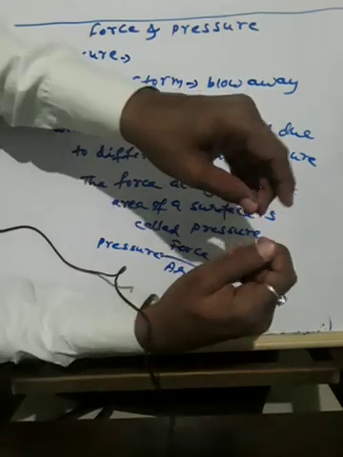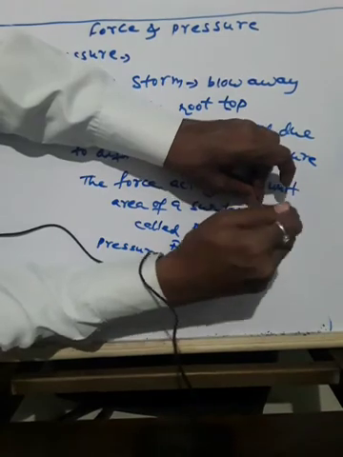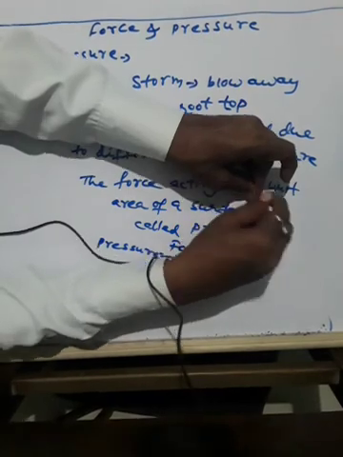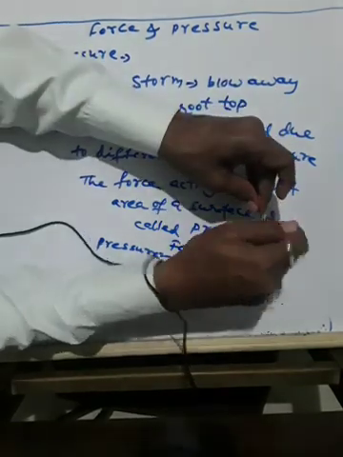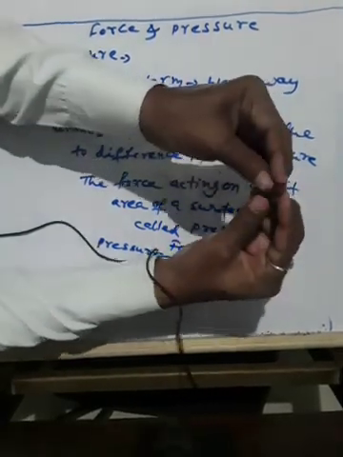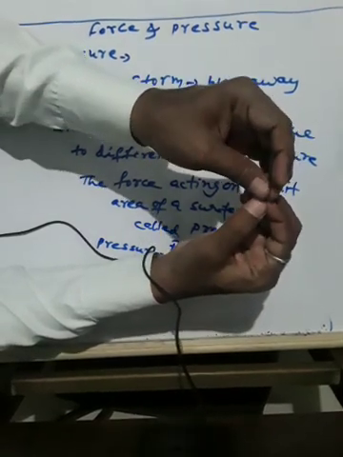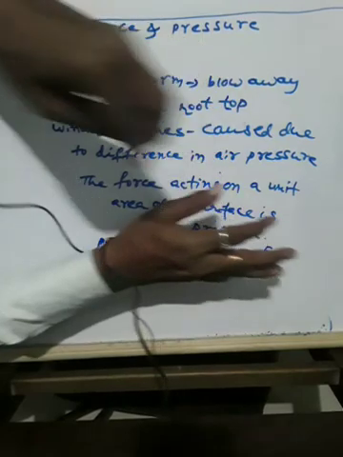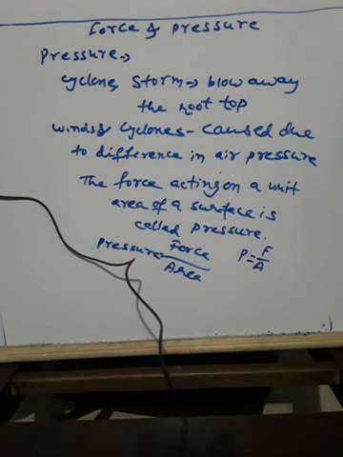Suppose you take the blunt end and try to beat it with a hammer, you have to apply more force. But even after applying more force, it will not go inside, it will not fix to the plank, because the area is larger. Suppose you take the sharp end and just beat one, two, three times, it will fix easily because the area of contact of the pointed end is lesser. So the lesser the area, the larger the pressure and the work will be easier. So this is an example.